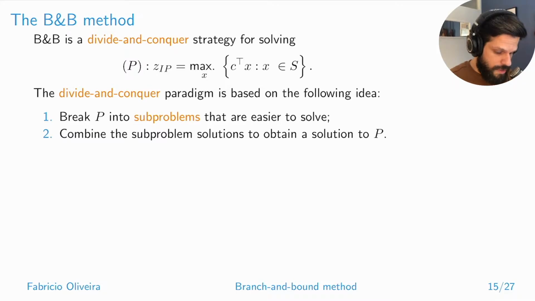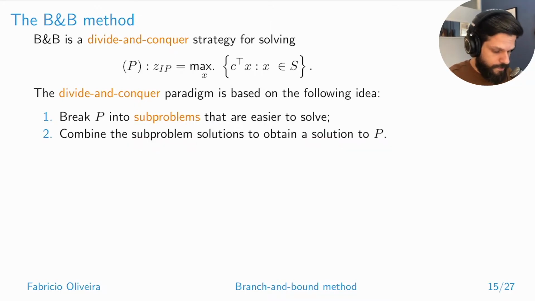Suppose we are interested in solving a problem of this form, and we assume that the problem as posed originally is just too large to be tackled at once. So basically what we do is we break the problem into subproblems that are easier to solve. That's an important part, by the way. And then we combine the solutions of the subproblems to obtain a solution for the original